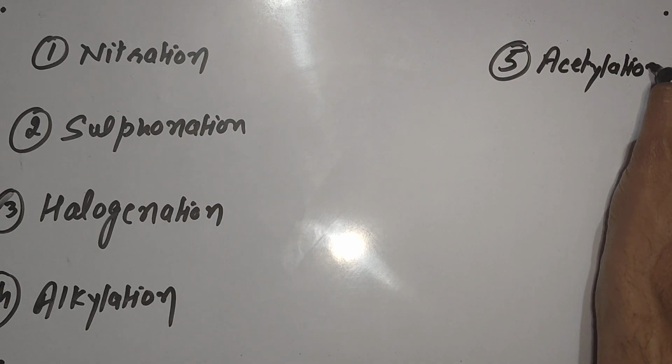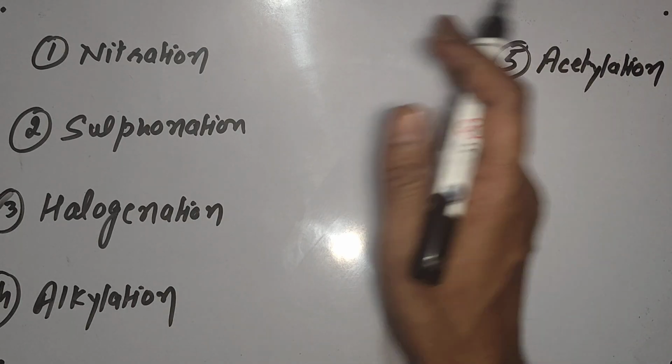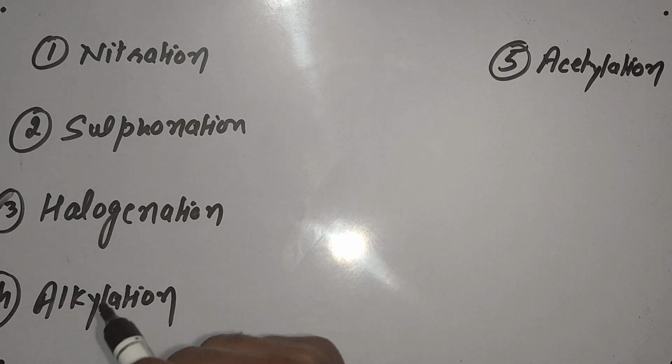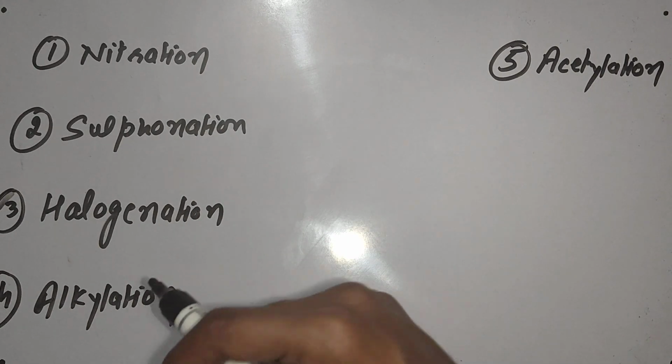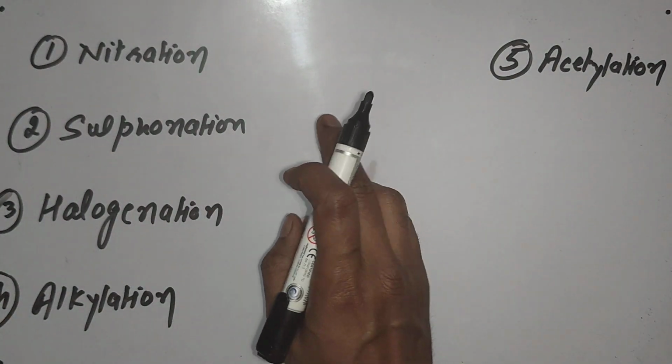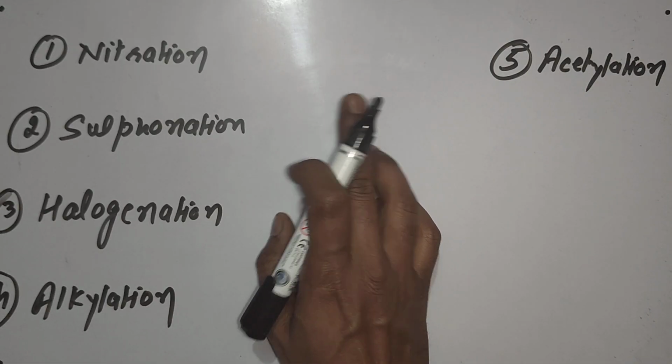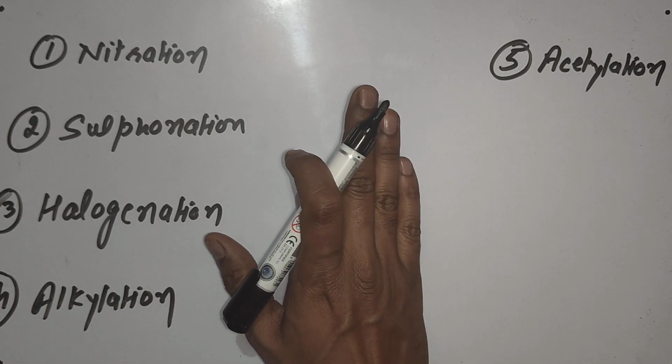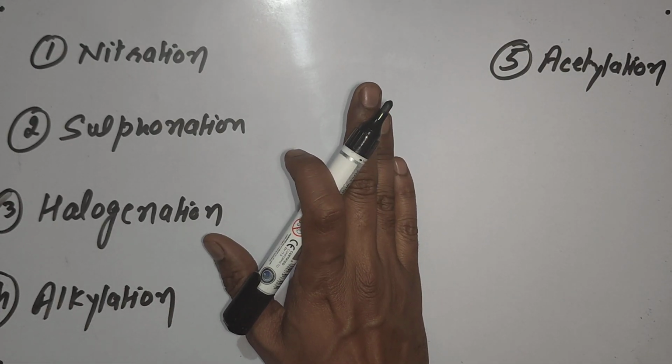In previous videos, we have done these electrophilic substitution reactions. Now we know what is the meaning of nitration. During nitration, what will happen? We know. Sulfonation, what will happen? We know. Now, for all these 5 electrophilic substitution reactions, I am going to write the first step of the